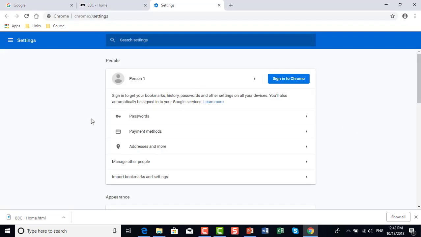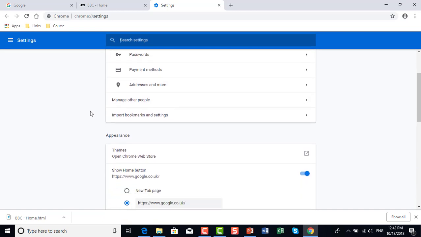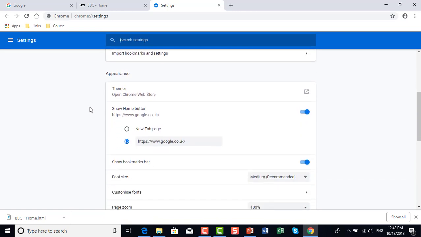And then settings are the ones that we went to when we set up our home page. So you can then have a look and see who can sign into Chrome. We haven't got a Gmail account, so we can't log into Chrome as things stand, but we will be covering that again in a later module. Passwords, we can manage those, and other people. Themes, we can look at themes,